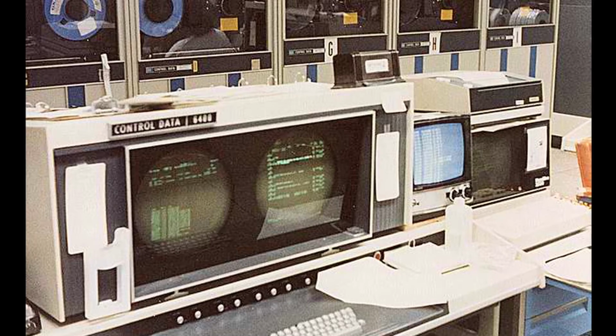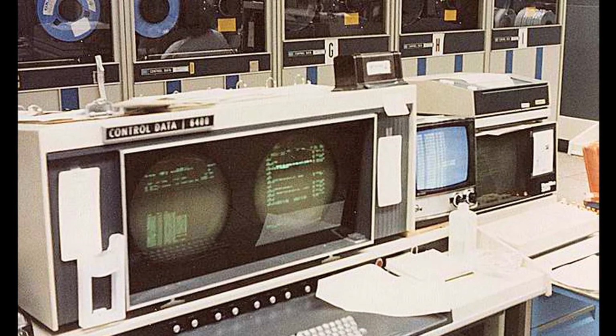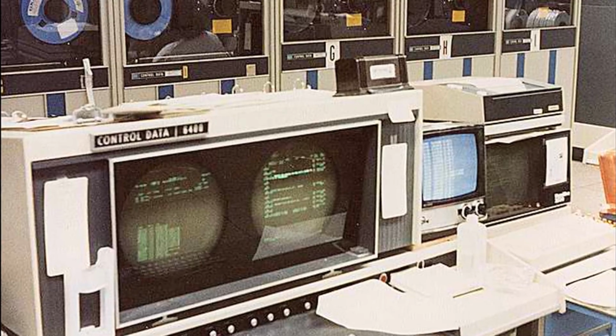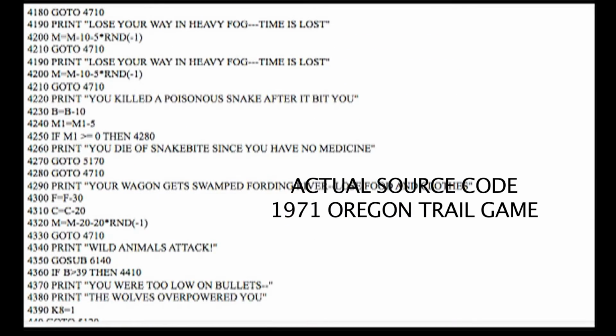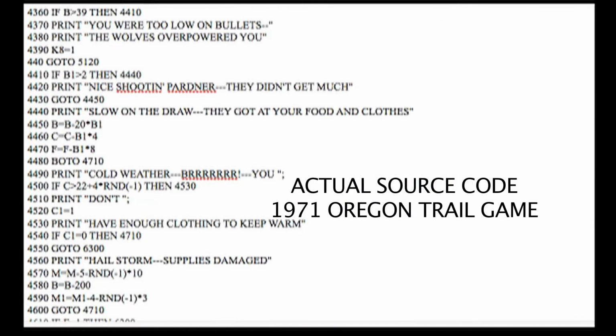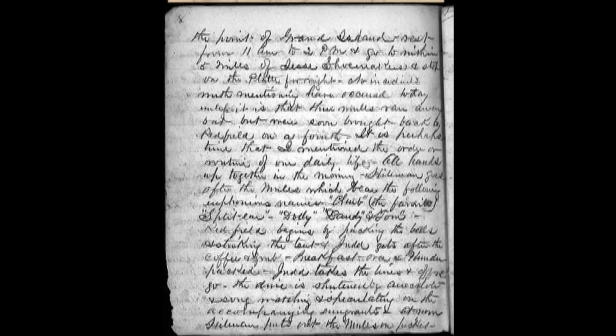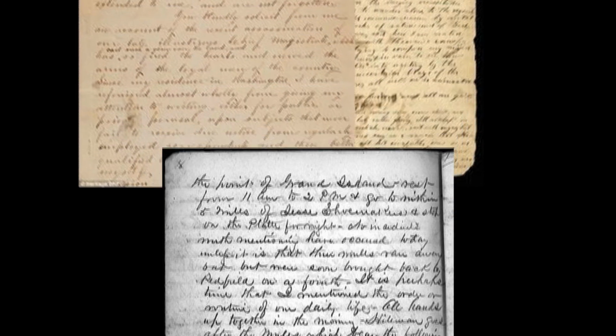Using the time-sharing system and the Minneapolis Public Schools network, they distributed the program to other schools across the state. By summer of '72, Rawich had deleted the original program from the network, but fortunately kept the printed source code. In 1974, Rawich began working for MECC and quickly recreated his popular Oregon Trail program for them via the printed source code. This time, however, he added events at each location that actual pioneers could have faced along the trail. Written records from actual pioneers provided the inspiration for this edition.